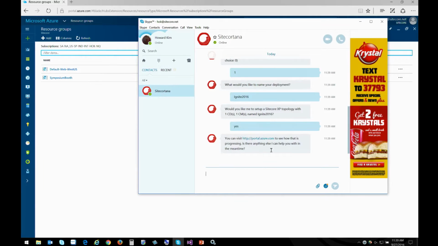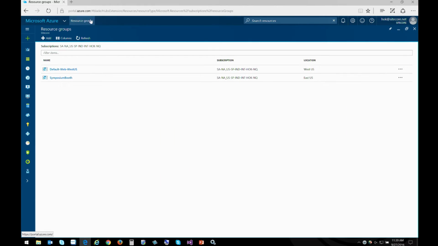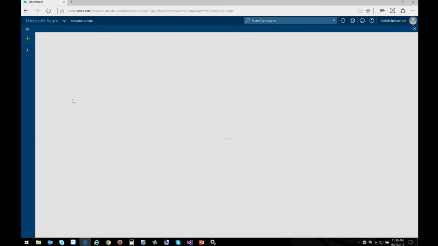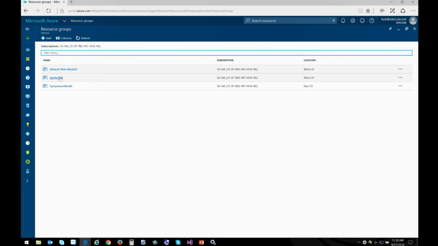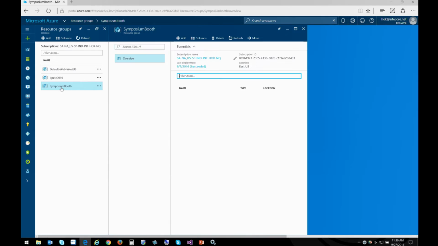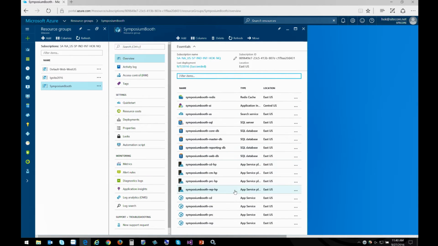And if everything works, it's now started to create the site. So let me refresh this. And here's my Ignite 2016 resource group getting fired up. Now, what is it doing? Well, I have a previously created site, and here are all the resources that it's spinning up. So remember that on-premise architecture? All the web apps, all the SQL servers, we're using App Insights, Azure Search, just basically anything you need to run Sitecore. It's all being spun up, all being called from a couple commands through a chatbot.